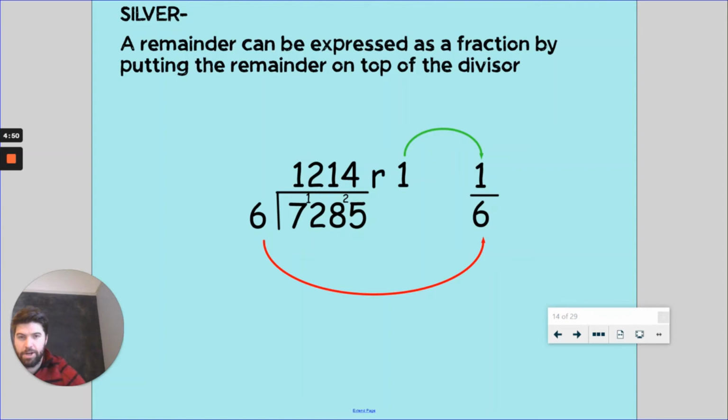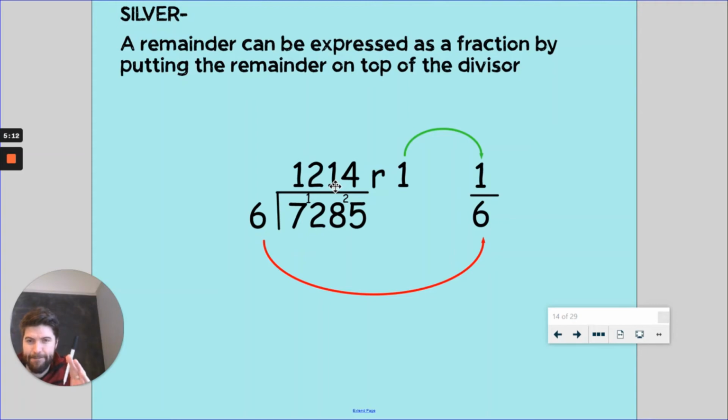Let's go through this slowly. So 6 into 7 is 1, remainder 1, yeah, 6 into 12 is 2, 6 into 8 is 1, remainder 2, 6 into 25, that's going to be 4, because 6 times 4 is 24, I've got a remainder of 1. So I would then write out R1, just like I did for bronze, but for silver I want to